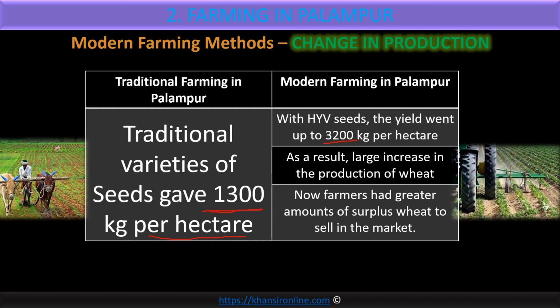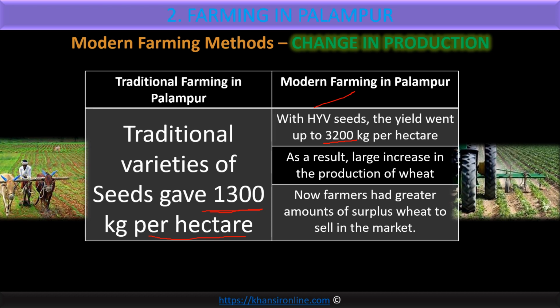Why did farmers prefer modern farming method? Now what farmers do, whatever farmers grow, first they keep a crop for the family need. Suppose I am a farmer and from my field this year I have grown 1000 kg rice and my family needs 200 kg rice for a year. So I'll keep 200 and 800 kg I'll sell in the market. So that 800 kg is my surplus. Obviously I will have more surplus if I practice modern farming method. So I will have more crop to be sold in the market and I will earn more money and I will become rich. This is how the modern farming method has made the farmers richer than before.